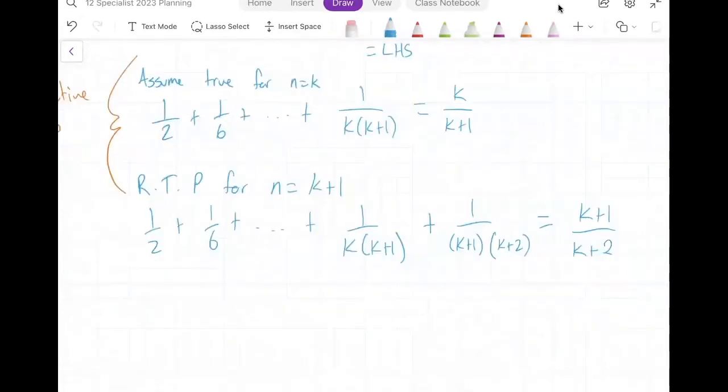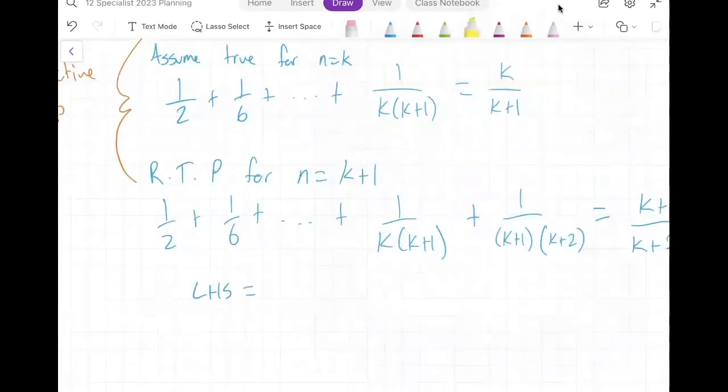Now I'm going to split up, like I do with all my proofs, into a left-hand side and see if I can match that to the right-hand side of my proof. So for my left-hand side, hopefully this jogs our memories, because this is going to be true every single time we do this proof. We're going to get this relationship here, because I've established k terms, and I've said k terms equals k over k plus 1. When I establish k plus 1 terms, I include all my terms up to k, but what ends up happening in almost all situations is I can